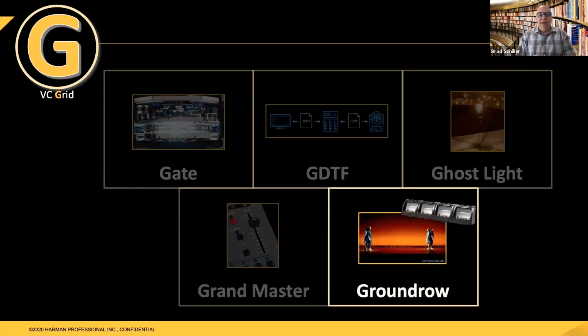Ground row is a really interesting thing because this is another one that has two different definitions of this term. Now, a ground row can be a row of lights that are placed on the ground, typically up near a cyc, and uplight that cyc or the backdrop. And ground row can also refer to a scenic piece that's placed in front of those lights that helps hide the fixtures so you don't see them. A ground row could be a hard piece of wood or other fabric that helps hide those lighting fixtures